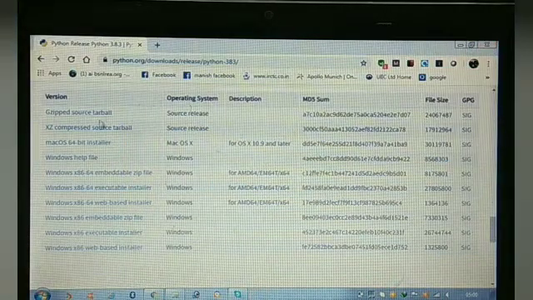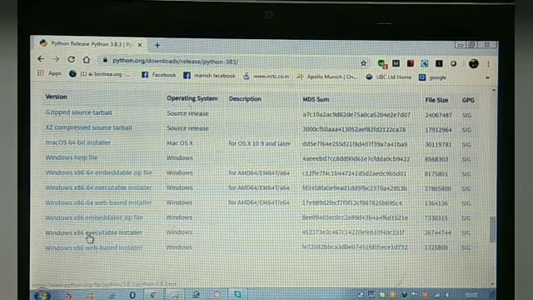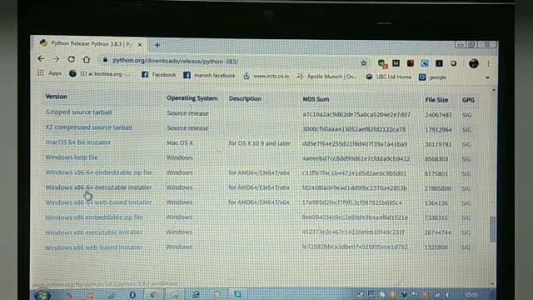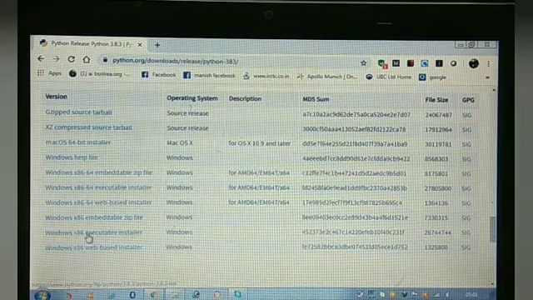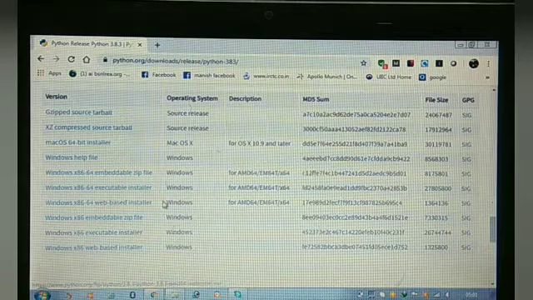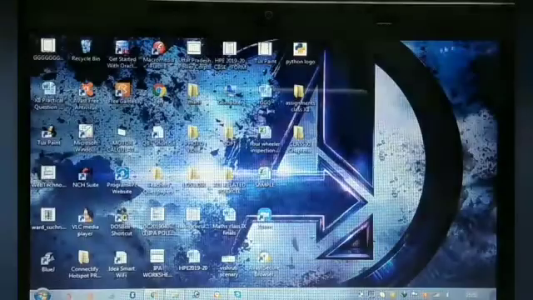So mine is 32-bit, so I'll be installing Windows x86 executable installer. If yours is 64-bit, then you can install Windows x86 64 executable installer. So whichever is the case, you just install it, click on install button, your Python will be installed, right?